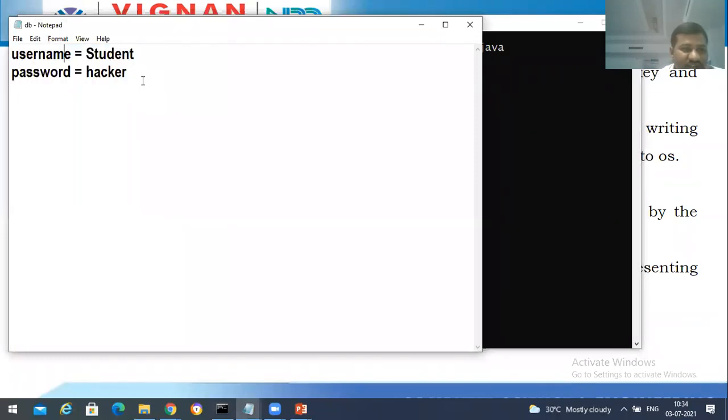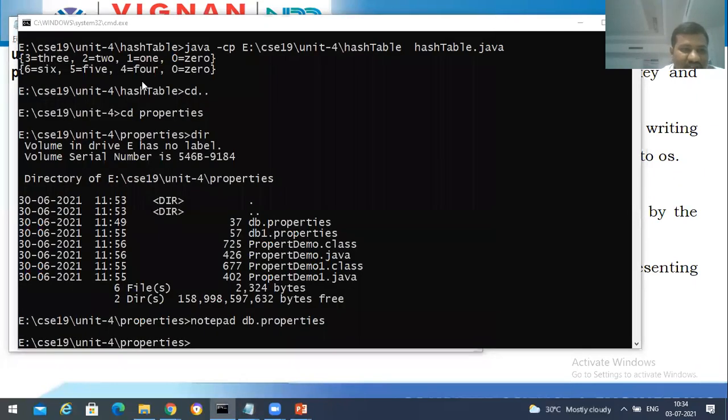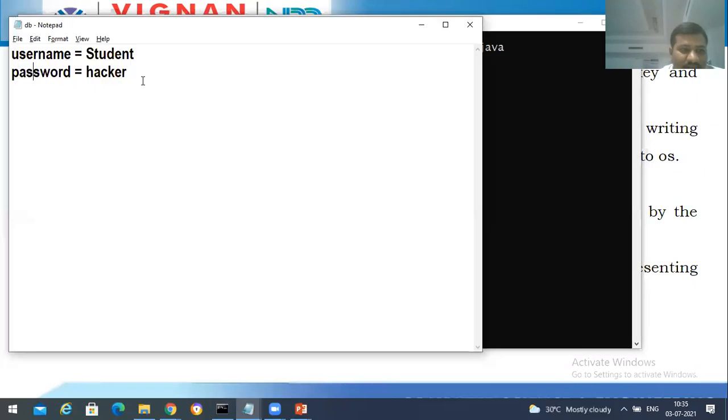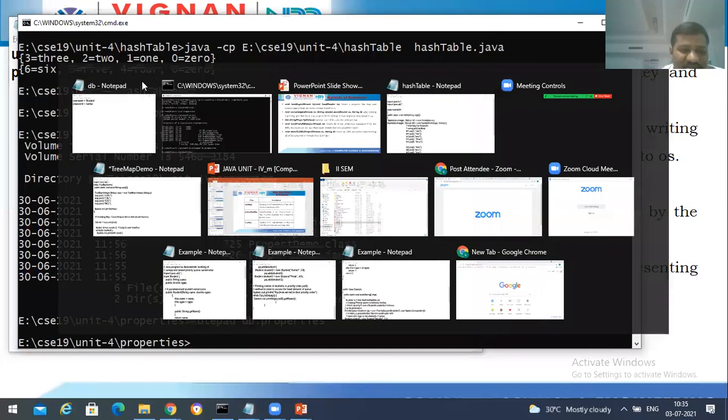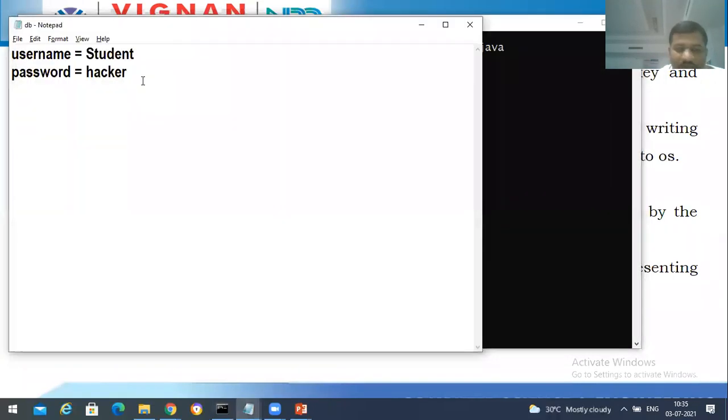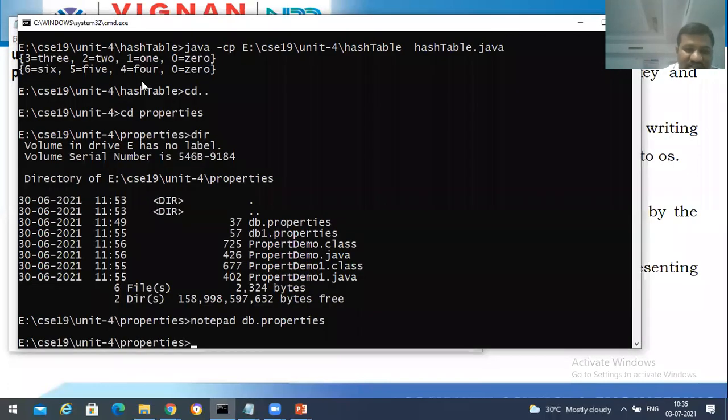That is, username is the key and the value is student, and password is the key and the value is hacker. Like that we have properties here, and you can also take multiple properties, but first of all we'll see only these two. Now I would like to retrieve these two properties with the help of this Properties class. And how I'm going to retrieve them, let's see.